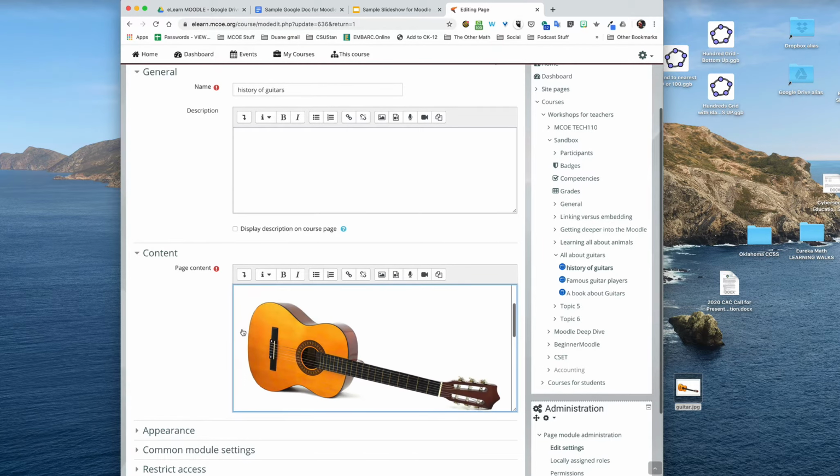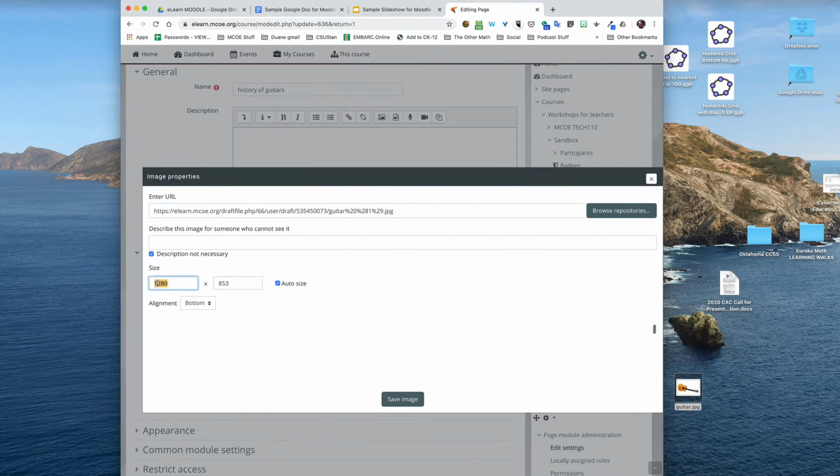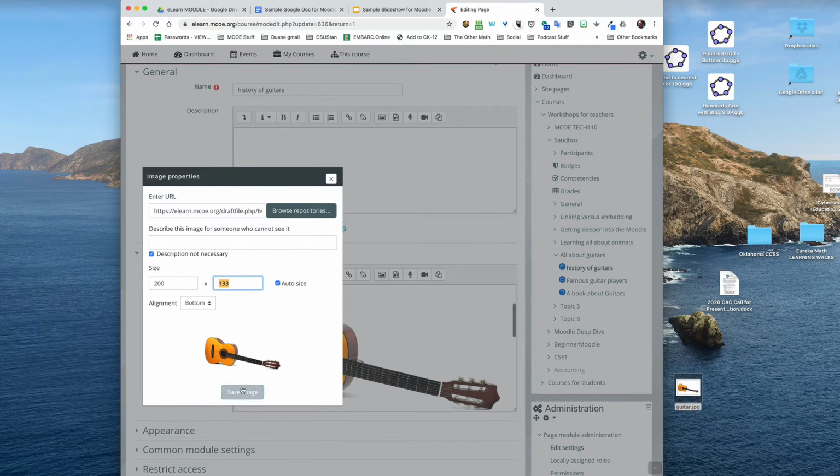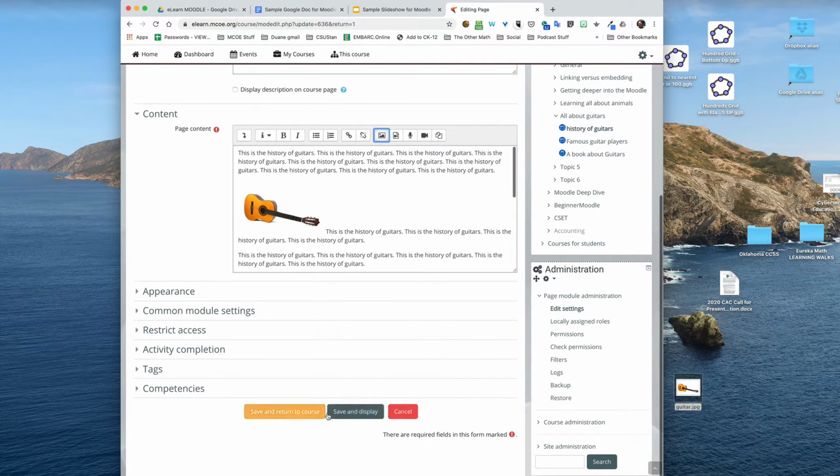And now it's huge. So if I want to resize it, I can click on the image, and I can resize it. Oops, I'm going to resize it to something a little bit more manageable. Let's say 200, and then I'll hit the tab, and it's going to resize everything. I'm going to click Save. And so there is my